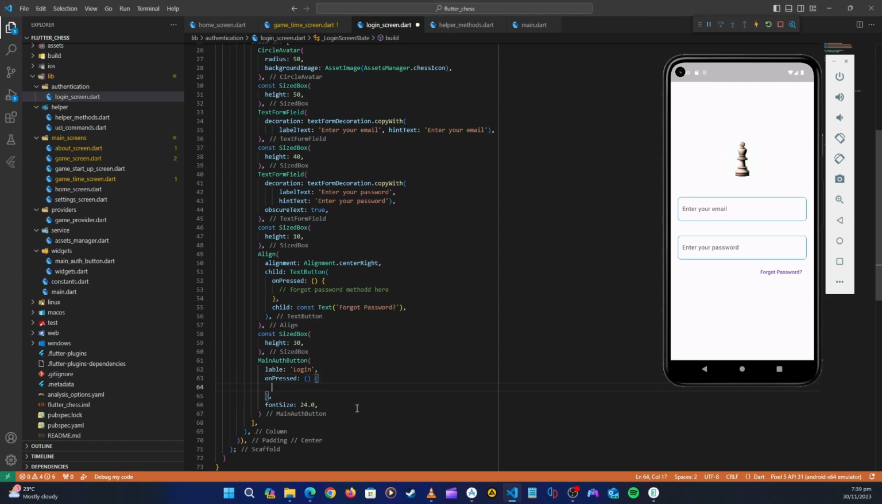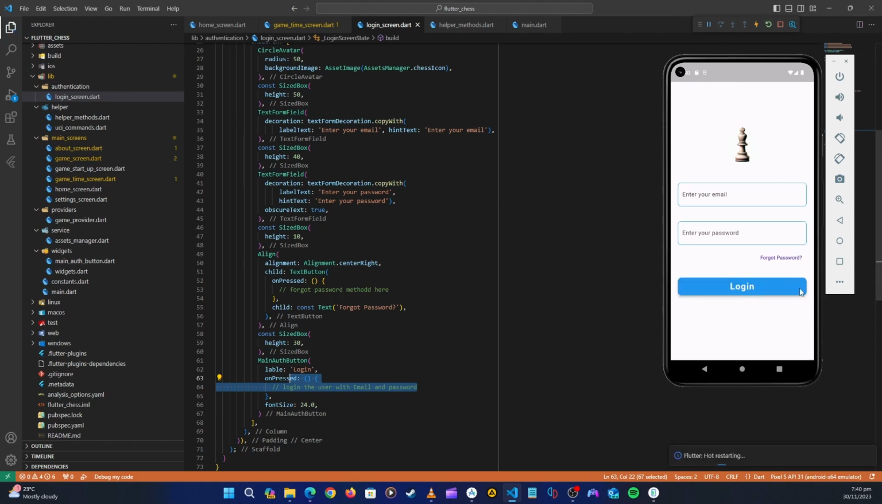So in this method, we'll say login the user with email and password. Okay, that's what we need to do here. So let's go on ahead and restart. Okay, so there's our button. It's okay, I think. I guess it's fine. Maybe we can also add the height of the button if we want, but I think it's fine like this. Maybe let's just reduce this to 20. Restart. Okay,